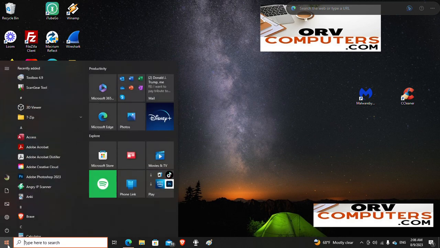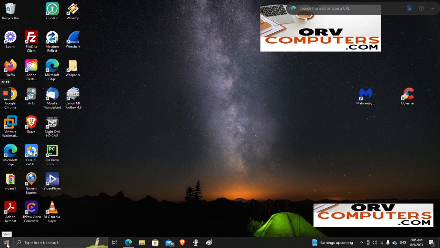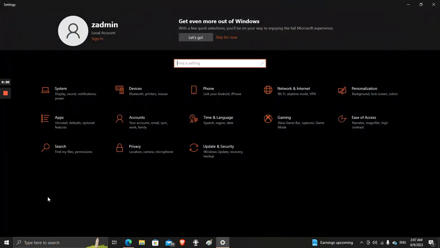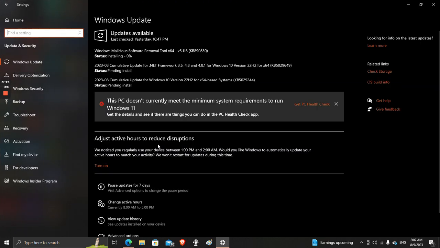Very simple. We come here to the Windows button and right click, and we just go to Settings. We click Settings and then Update and Security. We have a bunch of updates here. Windows is already downloading them,